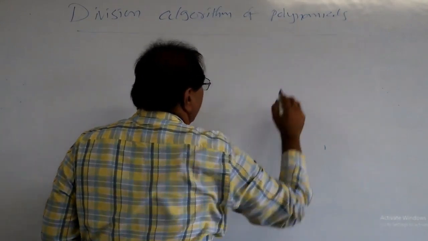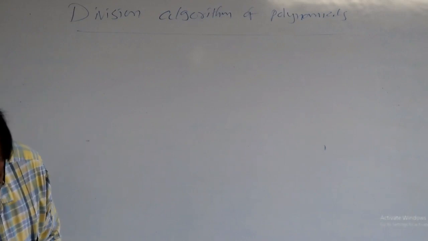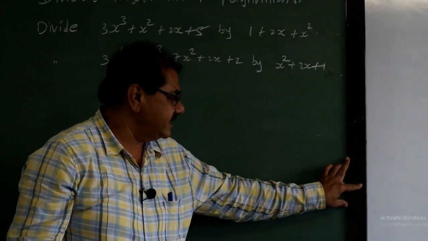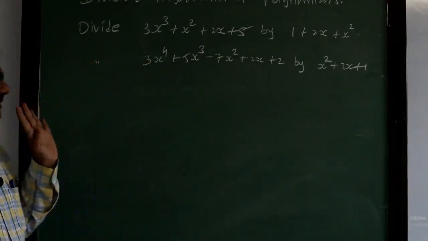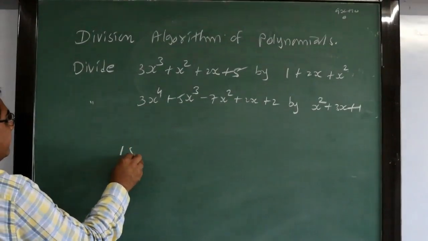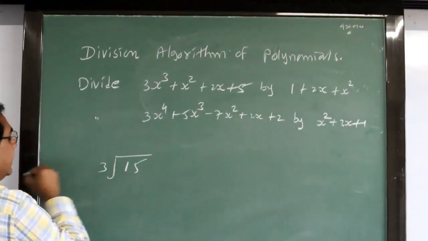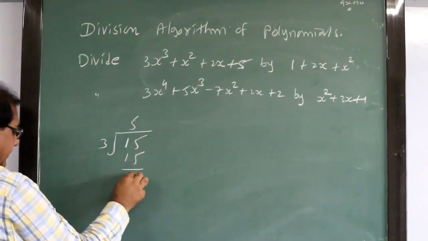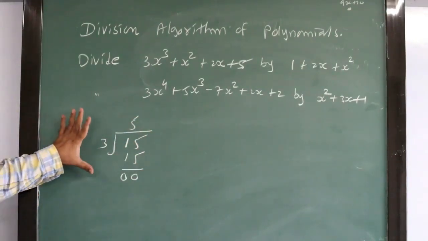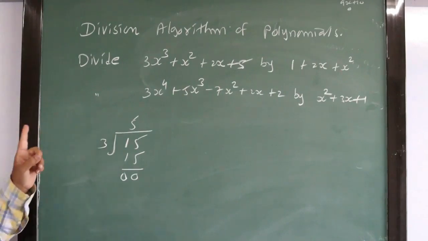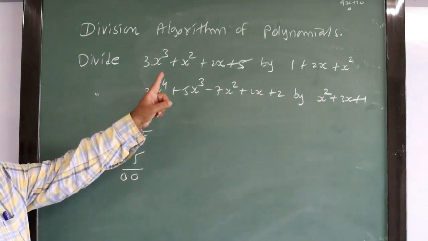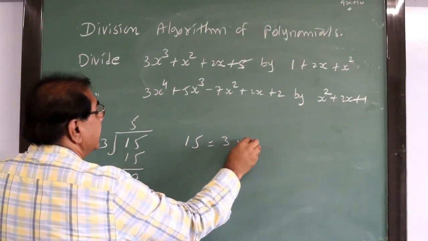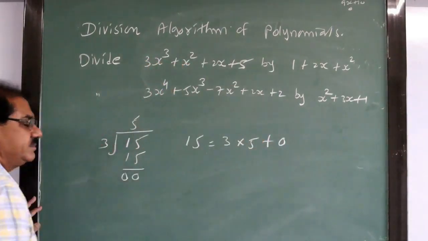Division algorithm of polynomials. So friends, we know we have been doing division for years. I simply take a normal division with some number. Suppose 15 divided by 3. We say 3 5s are 15, remainder is 0. So for this we have learned the division algorithm, but you might not know it by that name. You write it this way: 15 is equal to 3 multiplied by 5 plus 0.